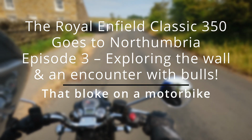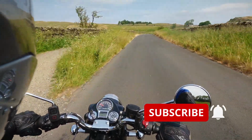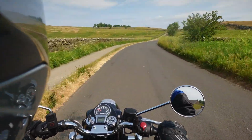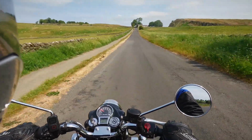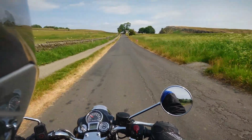Well, I survived my first night in the Lone Rider tent. When I first bought it, I thought, you know, this is going to be a little bit expensive. I don't think I should pay it. And having spent the night in it, I don't regret one single penny. It's absolutely brilliant. So I'll do a sort of first impressions later on, but now just riding up to